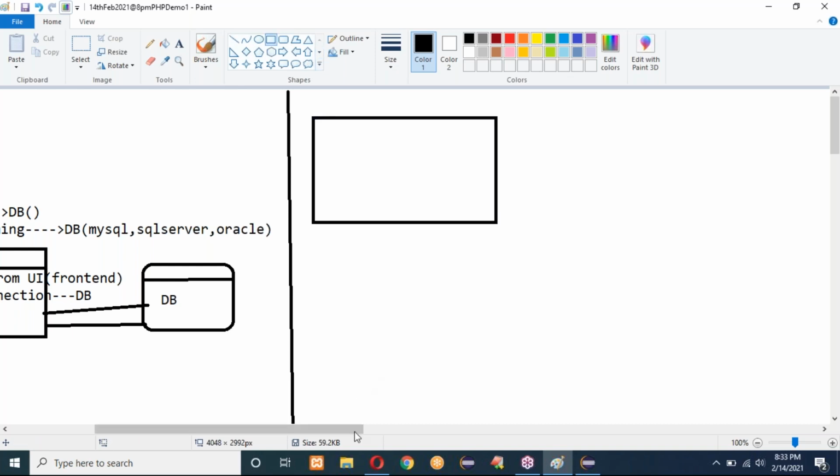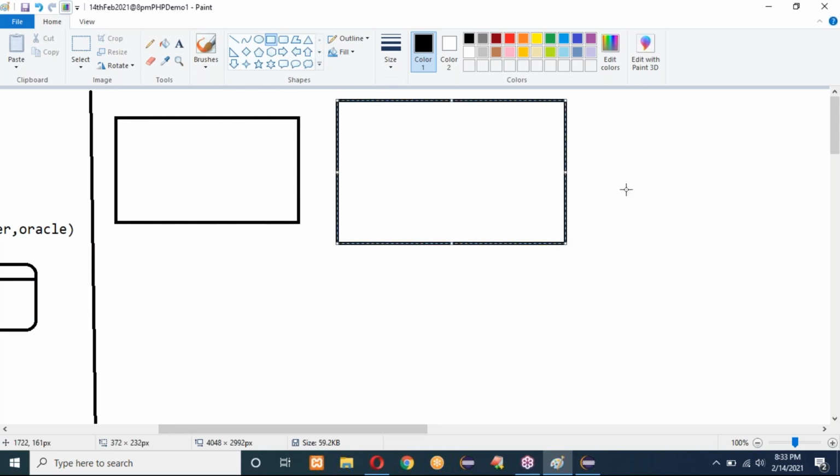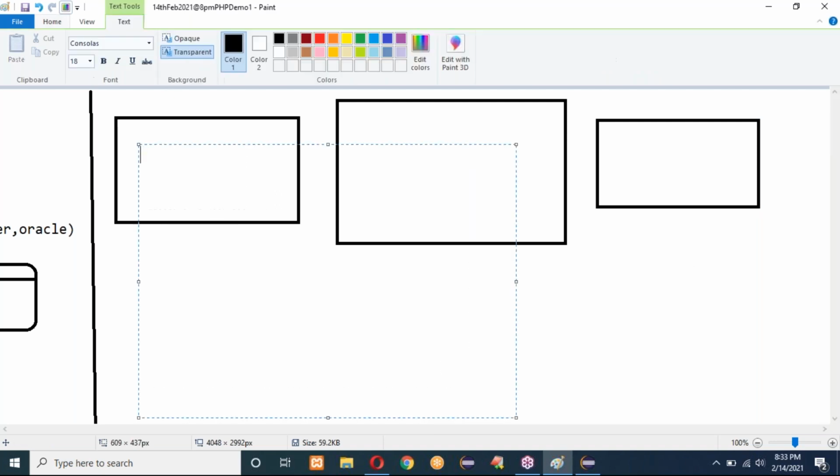So how will the front end be created? The front end will be created by the front end people. They will interact with the database and with their server pages. Here is my application. Under this, UI people are interacting with HTML, CSS, JavaScript, jQuery, Ajax. We also have some programmings like Angular, React, Node.